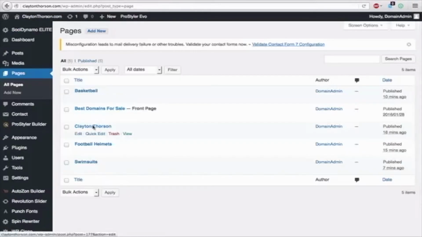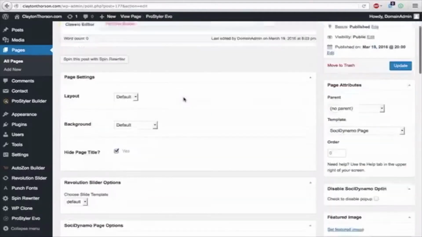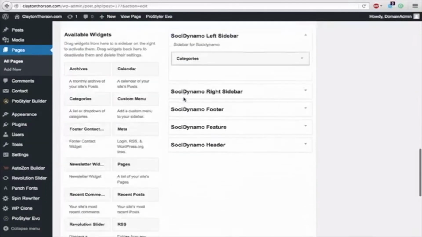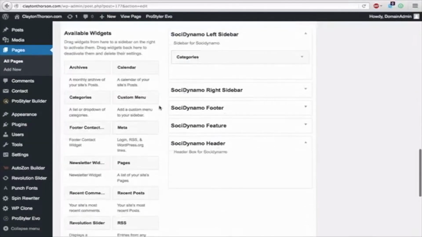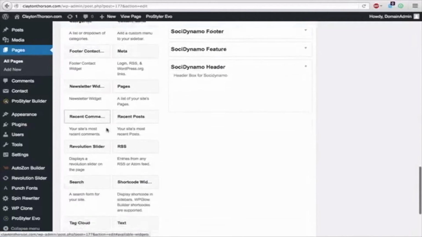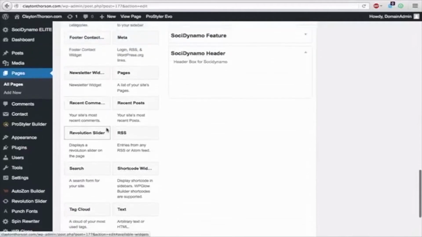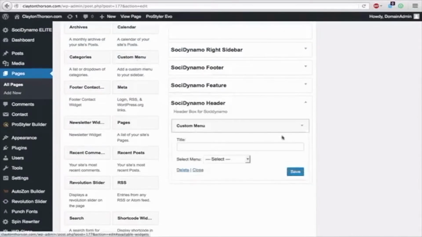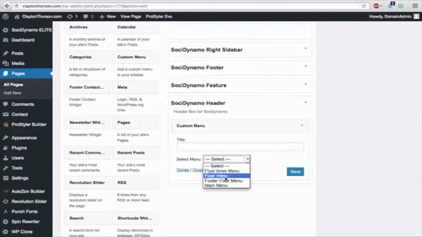Now, let's try to get that top menu put on our page. So if we go here, scroll down, you can see here are the widget areas. So we'll go to menu, custom menu. Okay, so we'll grab that, put it on the header. That would be at the top of the page. Headers are at the top. We go down here, main menu, so that's what we'll check. We'll check our main menu.